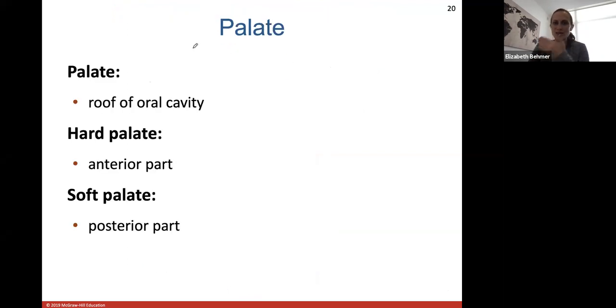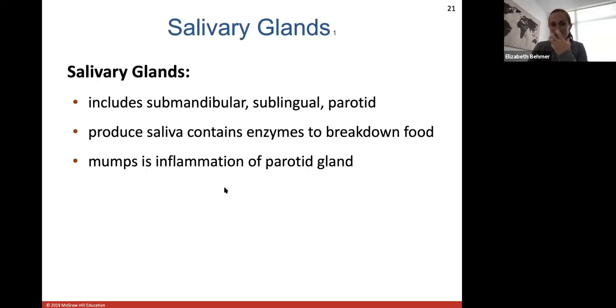So the palate then is the roof of the mouth. So the roof of the oral cavity, the anterior part is the hard part, and you can feel that it's hard. The soft palate is then the posterior part that you can't really feel all the way back there. But again, the soft palate is what will raise when you swallow, so that food does not go into your nasal cavity. You have 3 main types of salivary glands: the submandibular, sublingual, and parotid, and they all produce saliva